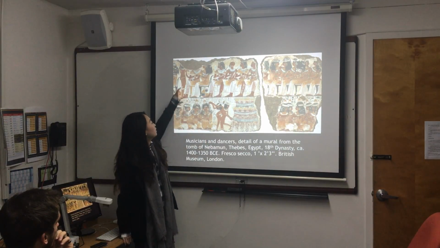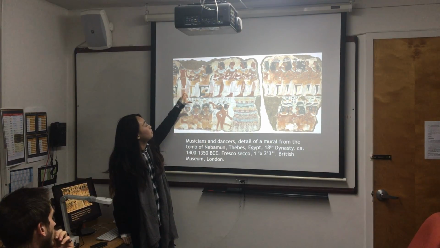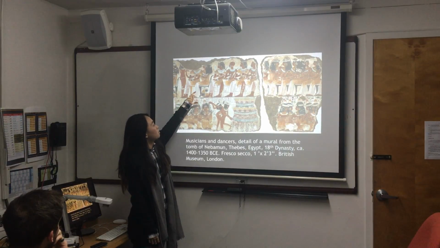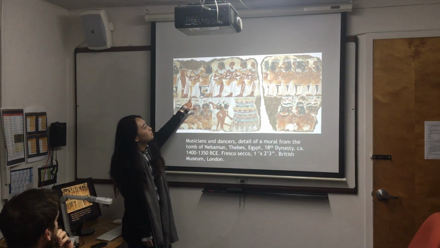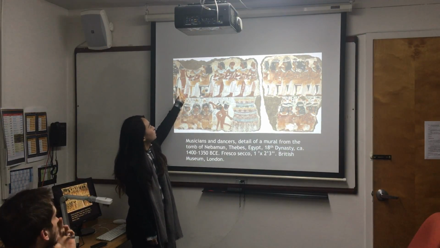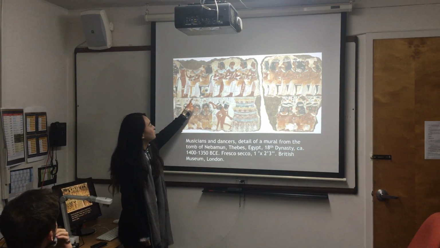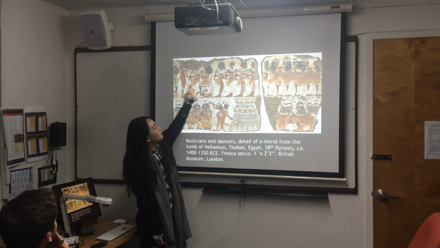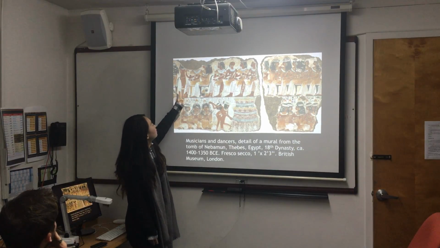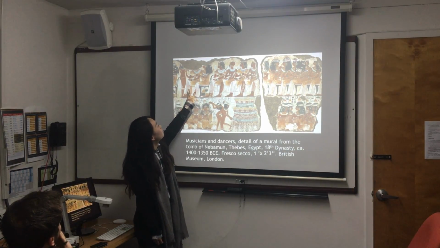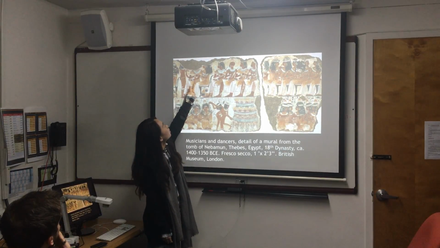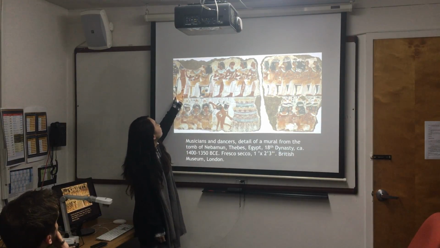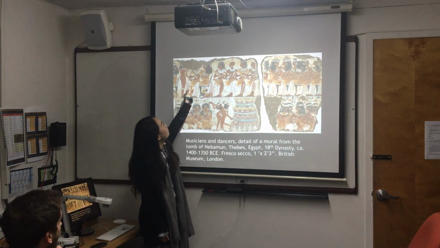And like the Mesopotamian seal, this one is also divided into two horizontal sections. In the upper section, we can see some people sitting there, almost facing the same direction. And there's a man and a woman sitting there holding their arms together and served by a servant. And they are obviously the